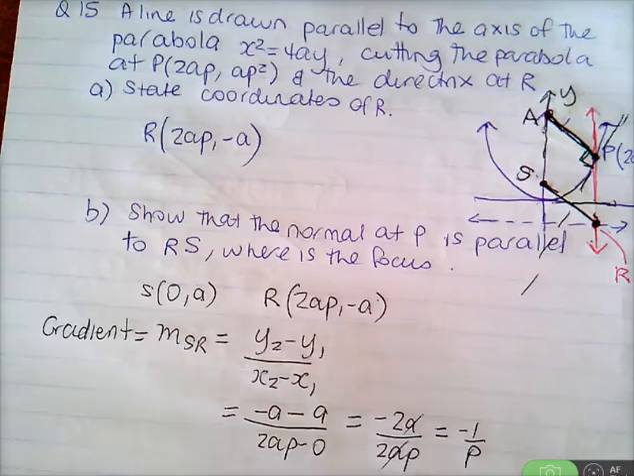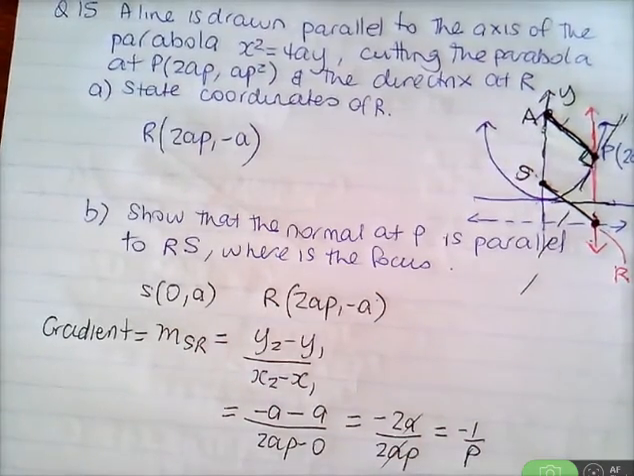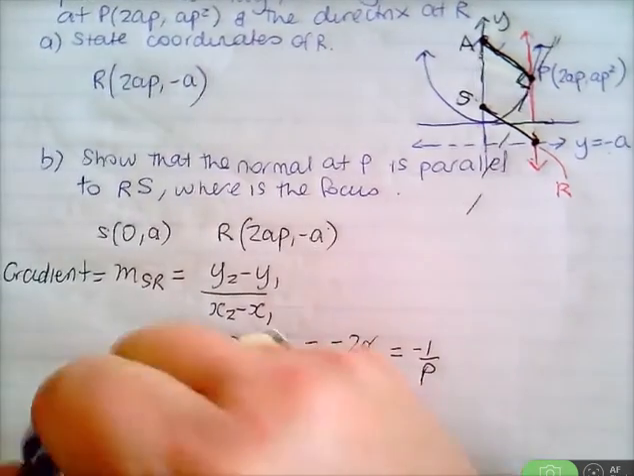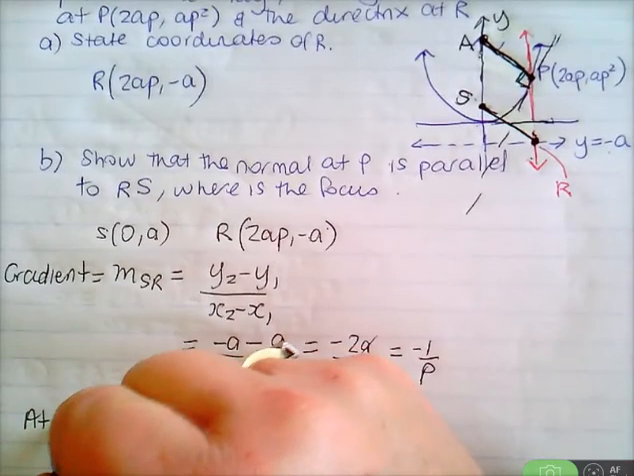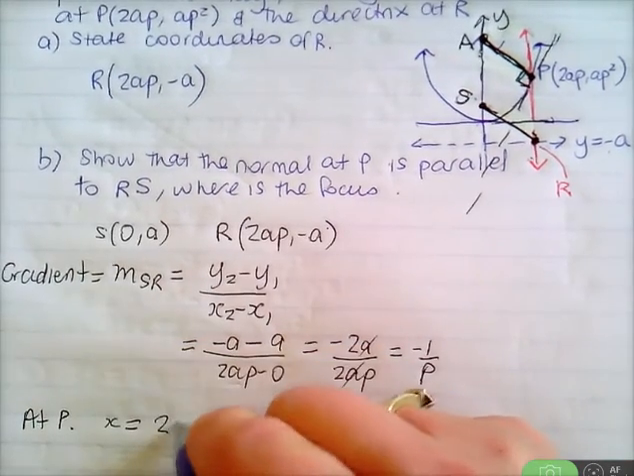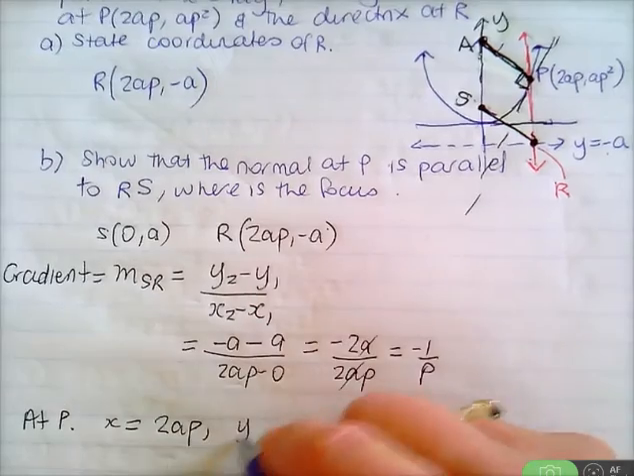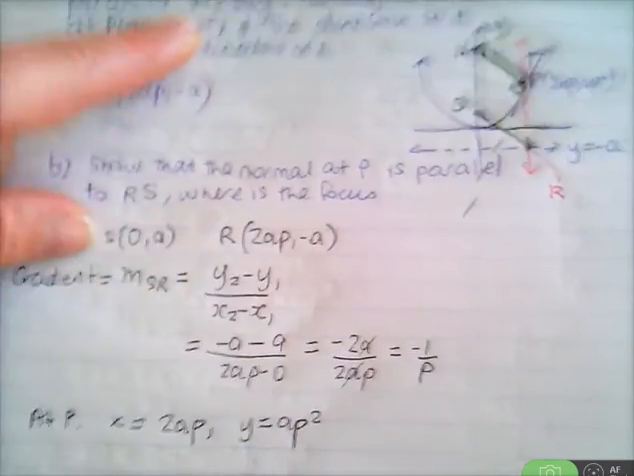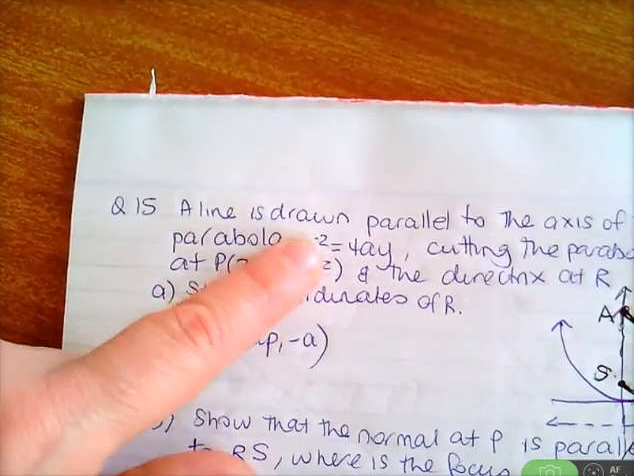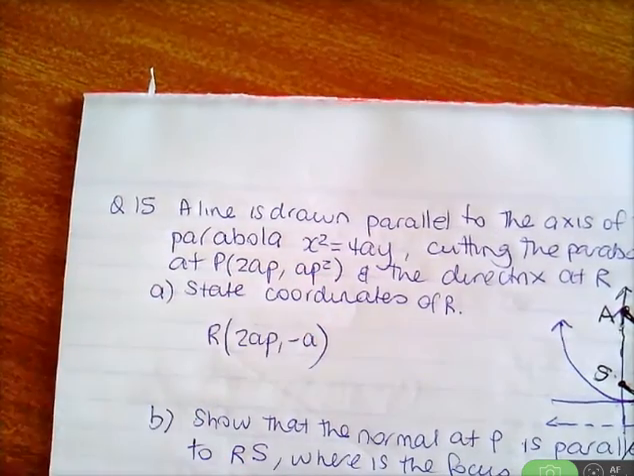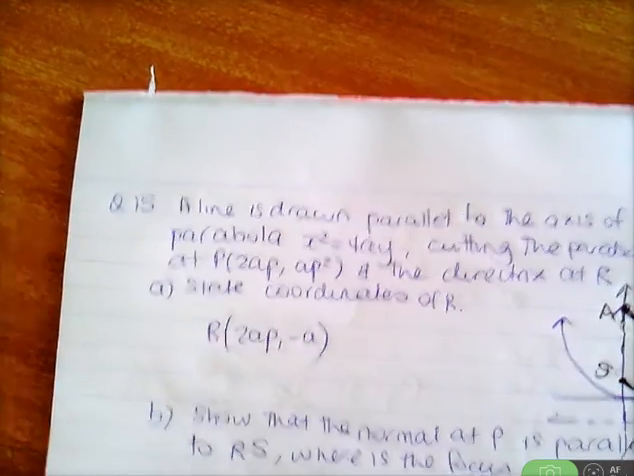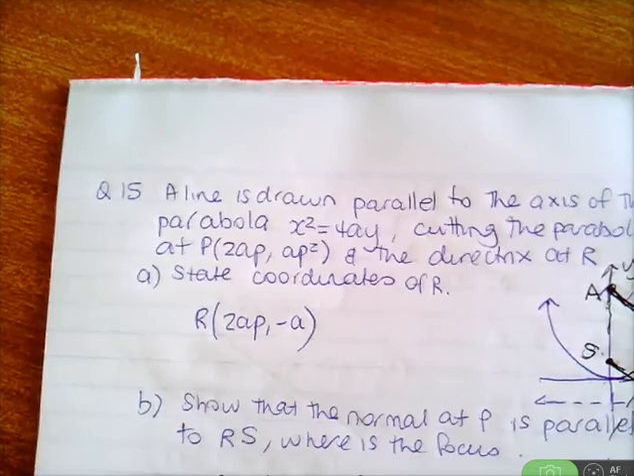So all we need to do is work out the gradient of the tangent. You're not allowed to just say gradient of tangent at P is p. You've got to differentiate. So at point P, we've got x equals 2ap, y equals ap squared. Look, they actually did give you, sorry, back up here, the equation of the parabola. Do you just do that one? So at P, all right, girls, what I'm doing